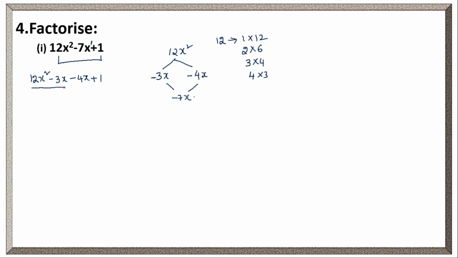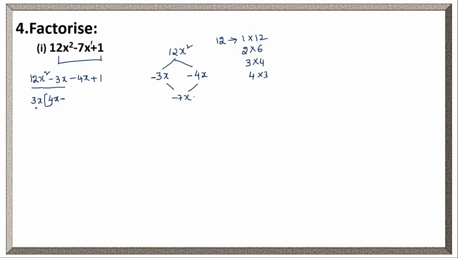Now from the first two terms, what can we take as common? 3 I can take as common because 3 is a factor of 12, and in the second term also we have 3. x also we have in both the terms, so x also I can take common. So what will remain if I take 3x as common? 3 will go into 12 how many times? 4 times. So 4. 2 x's are there, x into x. 1 x I have taken as common, so another x will remain.